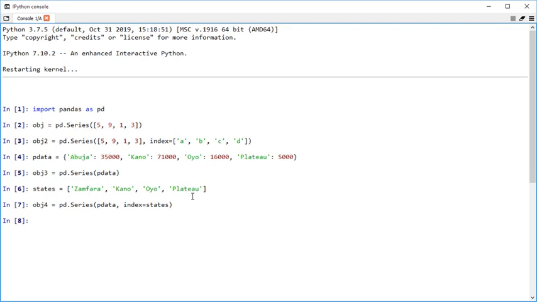In the previous video, you learned how to create a series from a list, how to assign labels to the index of a series you create, and how to create a series from a dictionary. The statement in input 7 will create a series from the dictionary pdata such that the labels of the series